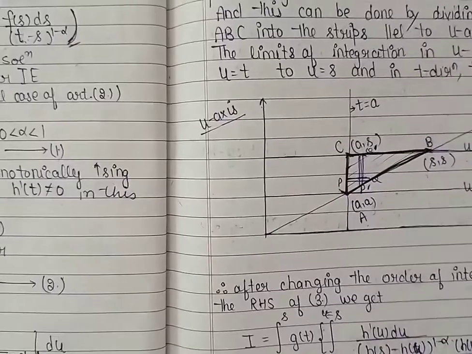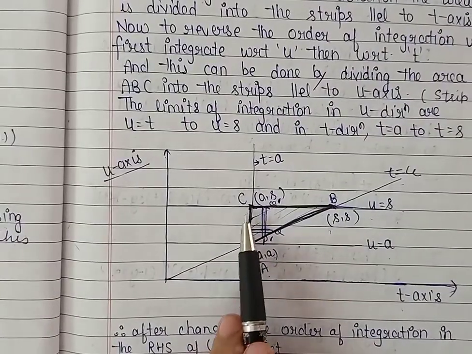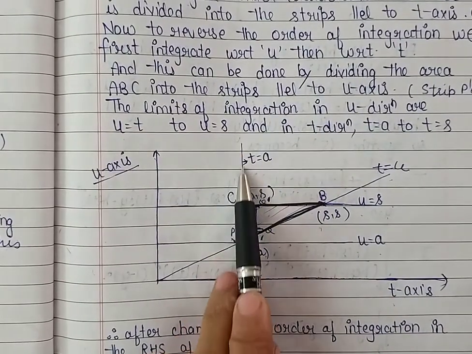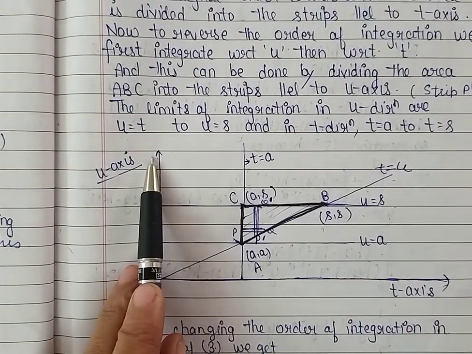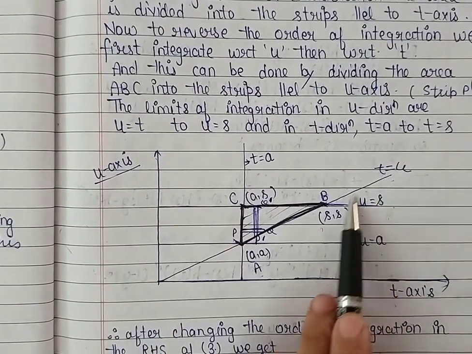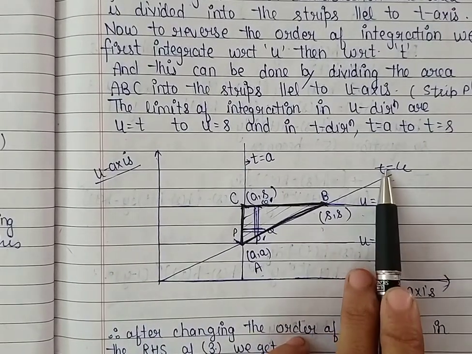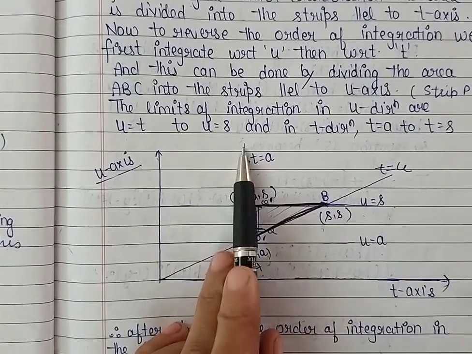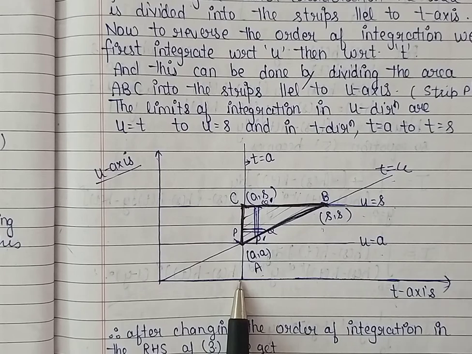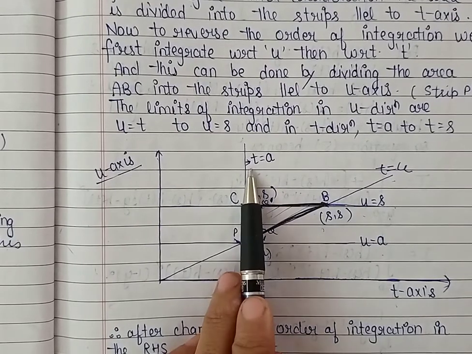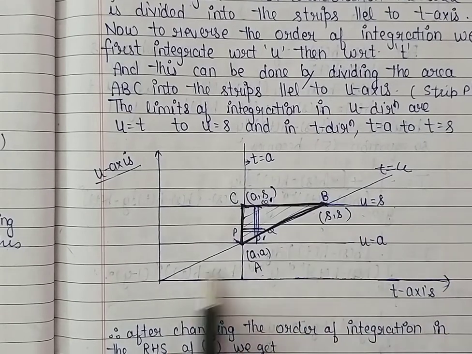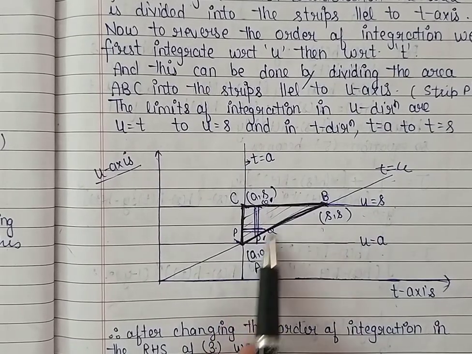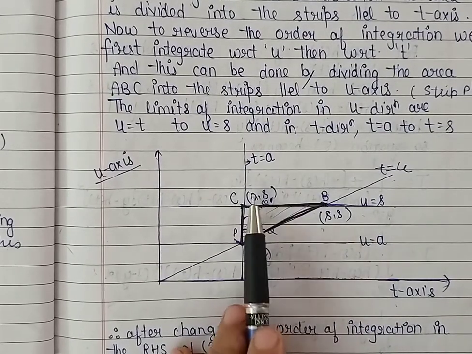And so the region of integration, if we draw it, that is because the limits of integration were t is equal to a to t is equal to u. So this is the line. If we take this as the t axis and this as the u axis, the straight line passing through the origin is t is equal to u. The limits of t were t is equal to a to t is equal to u. This is a line parallel to the u axis at a distance a. So this represents the line t is equal to a. This is t is equal to u. So the region of integration here is this triangle, the triangle ABC.